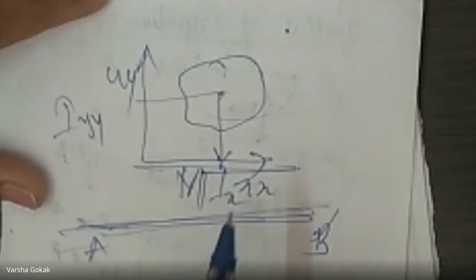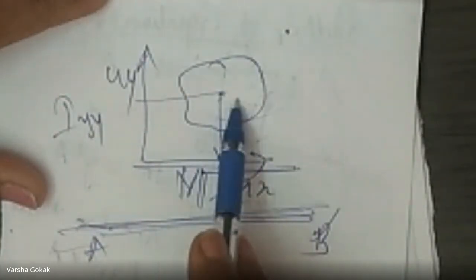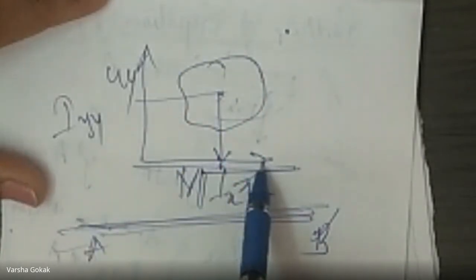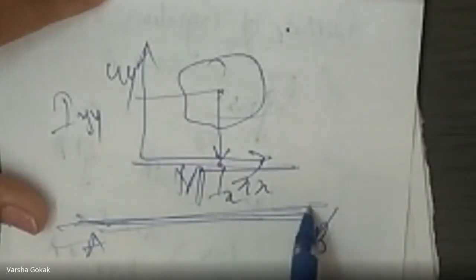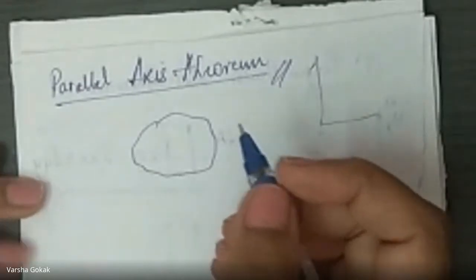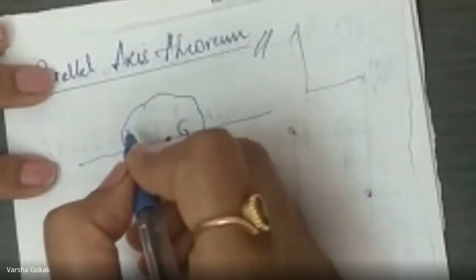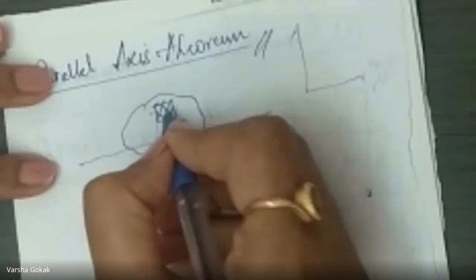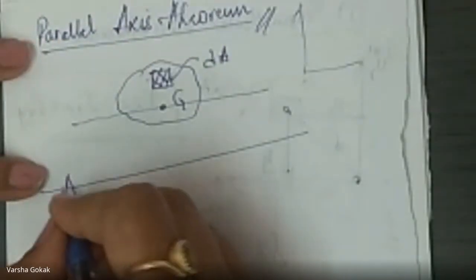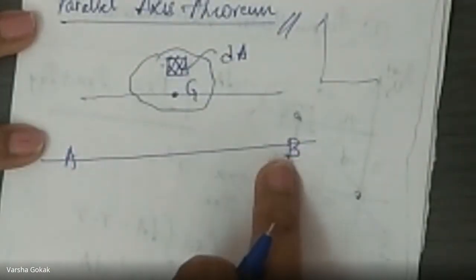How do we get it? To find the moment of inertia of any figure about any axis apart from Ixx or Iyy, say AB, we use the parallel axis theorem. And the parallel axis theorem statement will come later. I'll explain first what it is. So consider an area, and it will have a CG point. Say G is the CG point of that particular area. In that, let us consider an elemental area again. This elemental area is given by dA. And I want to find the moment of inertia of this area about a reference axis AB. So AB is a reference axis where I want to find the moment of inertia.